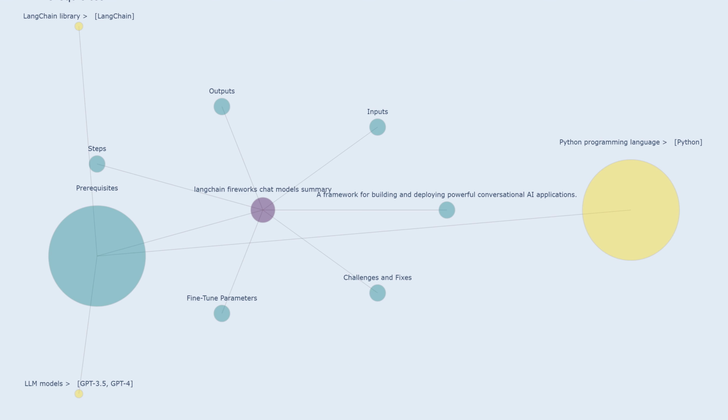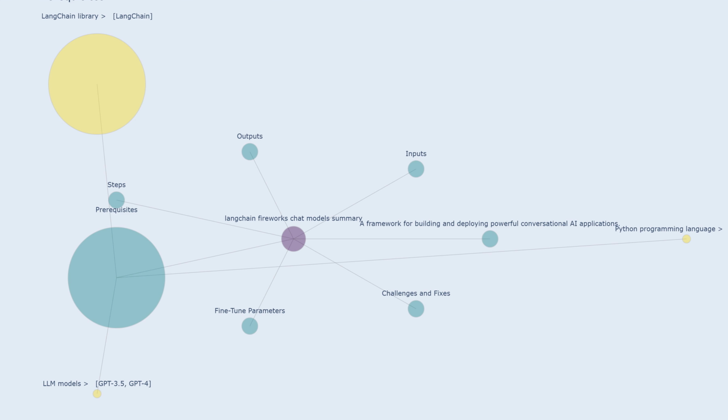Prerequisites. Python programming language is a widely used high-level programming language known for its readability and ease of use. It is often used for developing AI applications, including conversational AI. Langchain library is a powerful open-source library that provides a framework for building and deploying AI applications that interact with LLMs and other tools. It simplifies the process of integrating LLMs into applications, allowing developers to focus on building the